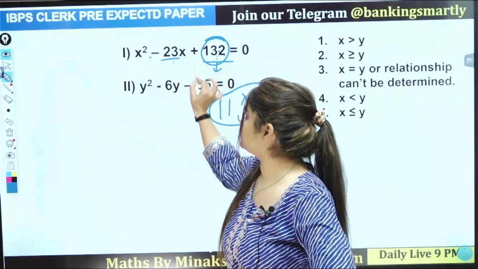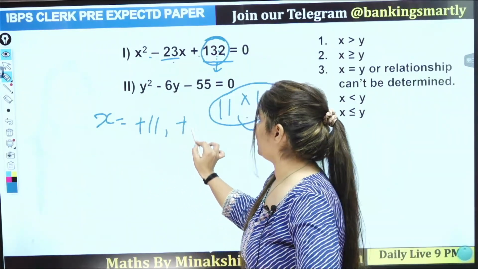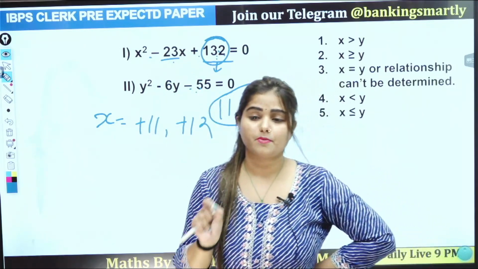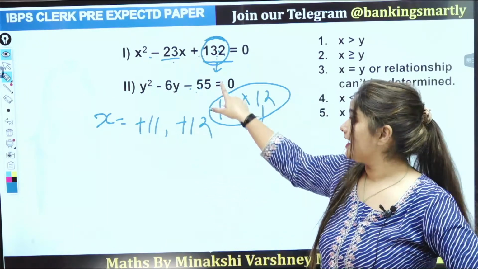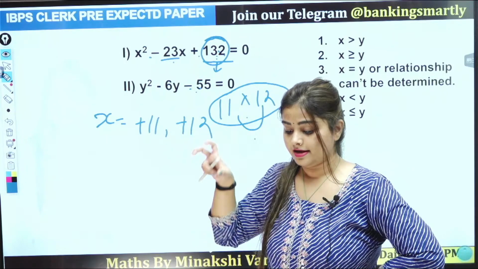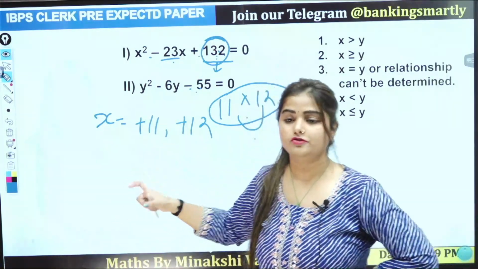That means minus plus. So x factor, both are positive. One is 11 and one is 12. Okay, here is a negative sign with the constant term. Always remember one point: if you are getting a negative sign with the constant term, then you have to take the difference of the factors. Never go with the addition. You have to take the difference of the factors.